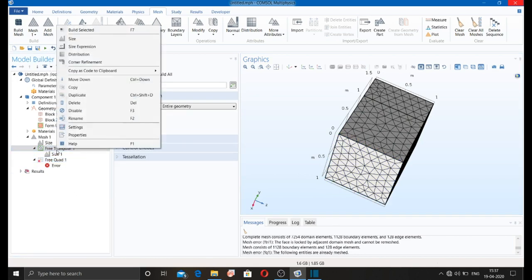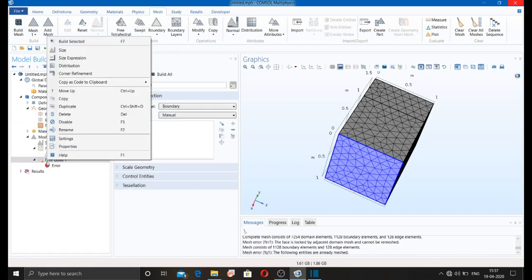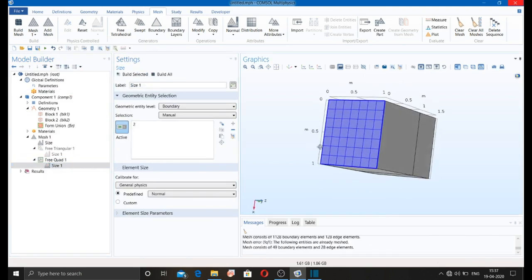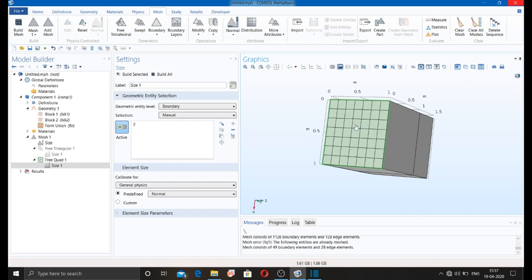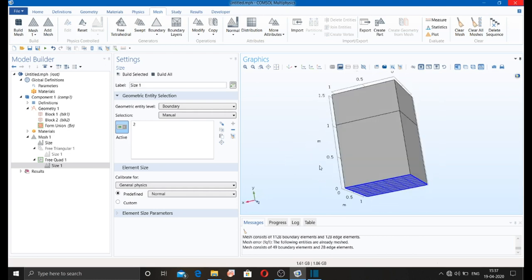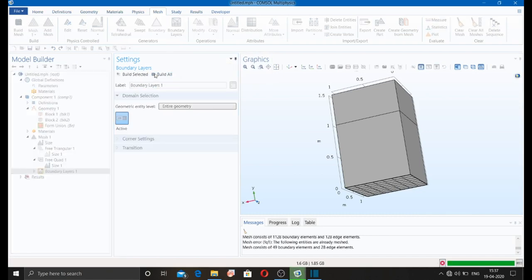What I have to do is select and choose free quad. After that I will give the size and select. So here you can see this boundary has been matched by free quad. Likewise you can change anything else, or you can give any boundary layer. So here you can see the boundary layer.